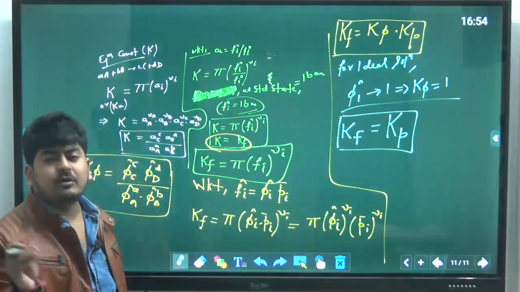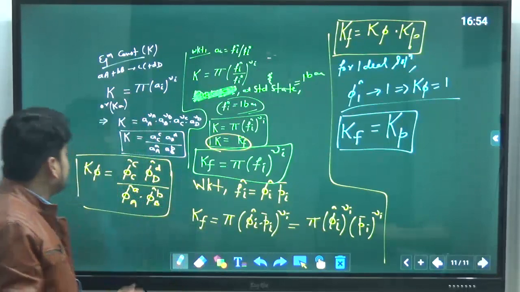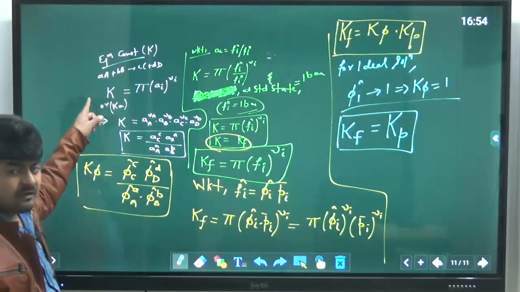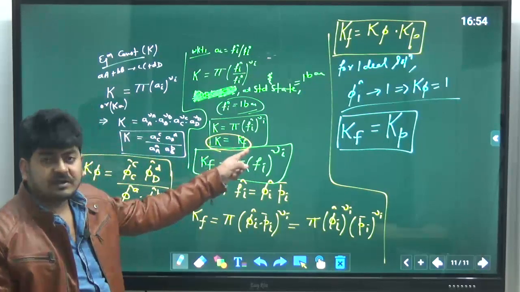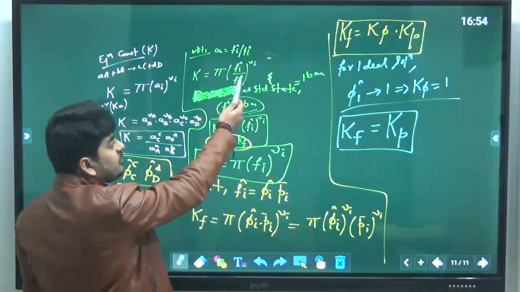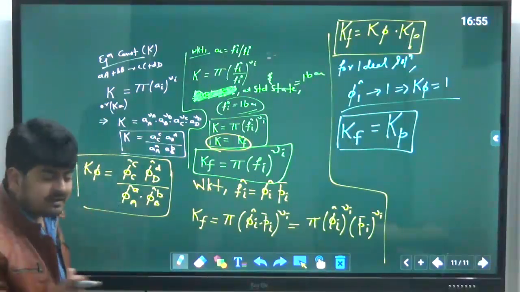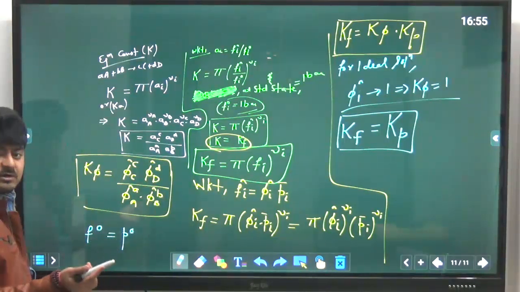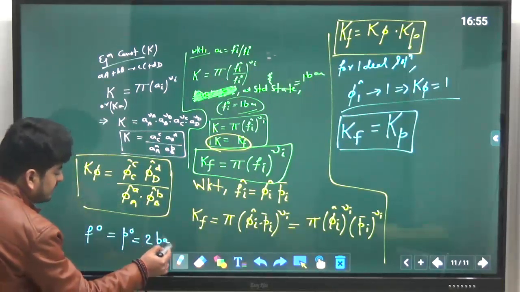So in any question, if you need to use the value of K_p and you don't know it, then K you can calculate or it will be given. If standard state is 1 bar, you can calculate K_f because K will be equal to K_f. If standard state is something else like 2 bar, just put f_i naught equal to 2 bar, because we know that at standard state the system behaves ideally. If the system behaves ideally, then f naught must be equal to P naught. So if P naught is 2 bar, meaning the standard state is at 2 bar, then you have to use f naught equal to 2 bar.